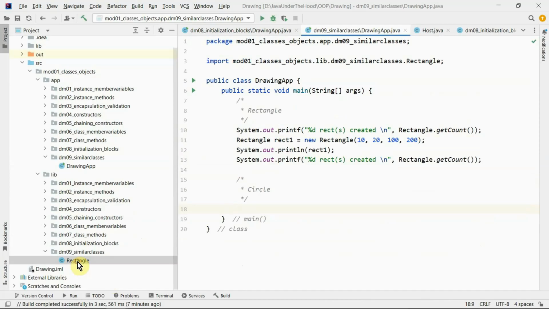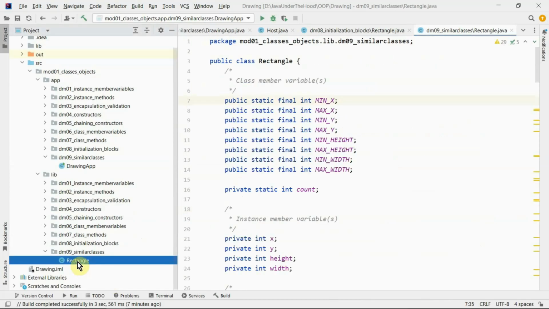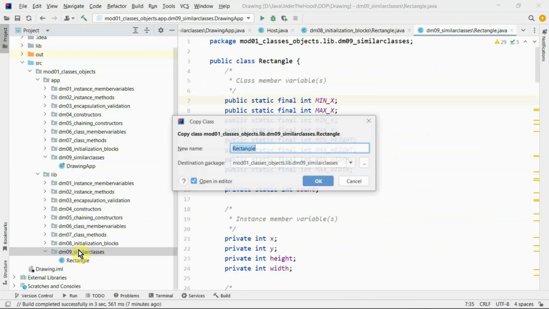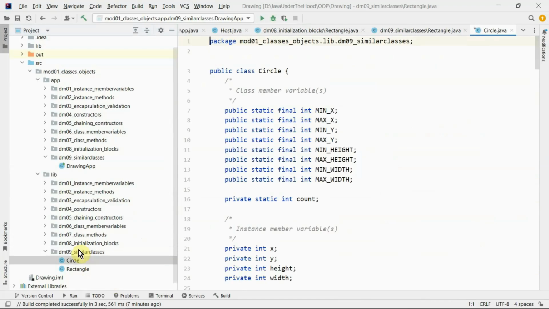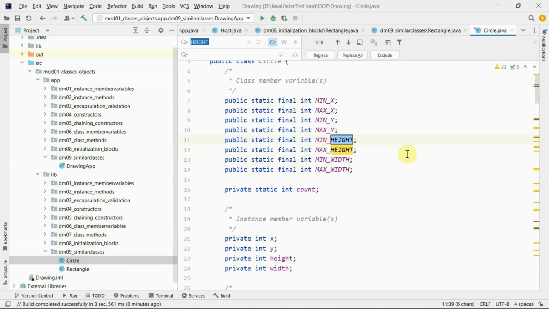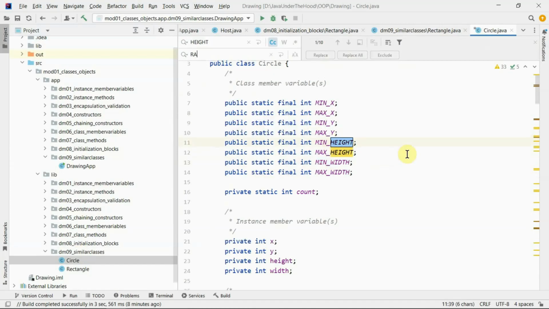So what I do is copy the rectangle class, copy, and then paste, Ctrl V, in the same package. Call the class circle. And then, as said, circle doesn't have a height nor a width, but a radius instead. So what I'll do is find replace, Ctrl R, and change height by radius. First change all the case sensitive uppercase height words. Just going to do a replace all,